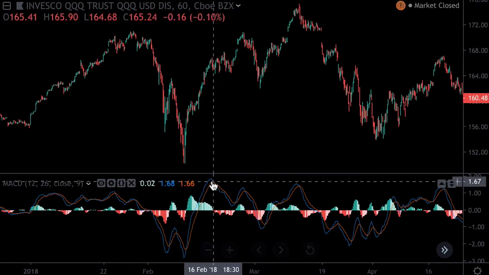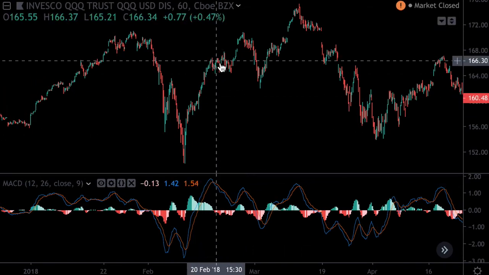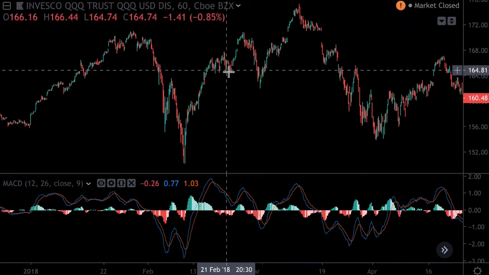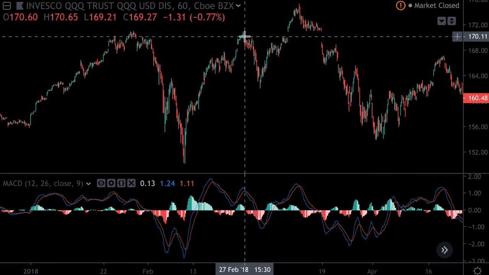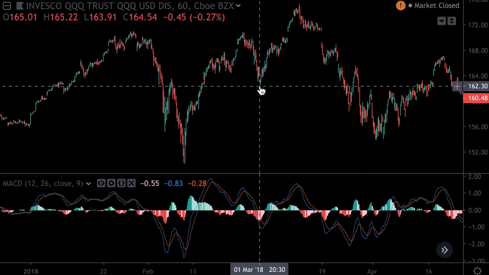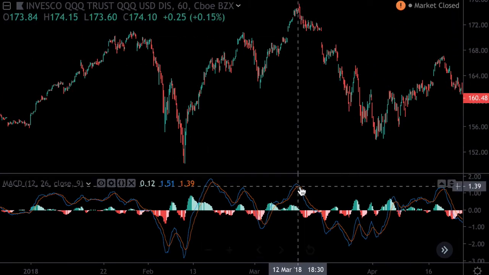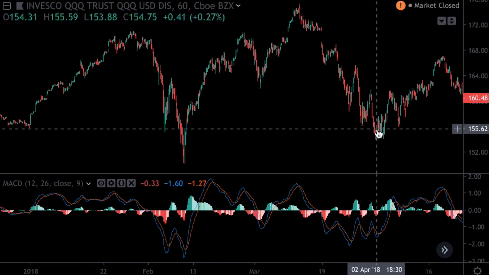You can see we had here an extreme reading again with a bearish crossover, and we did have consolidation for a few days, so that was on its own sort of a sell signal. And we had the same thing here, again, quite a high reading, and we had a nice little drop. And same thing here, we had a sell signal, our crossover here, and we had a huge correction. So those are the two main